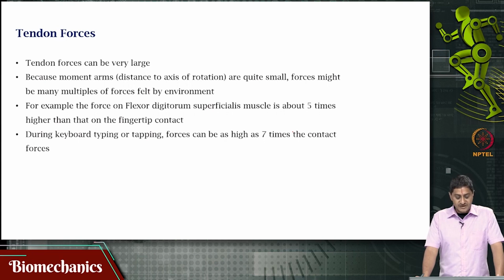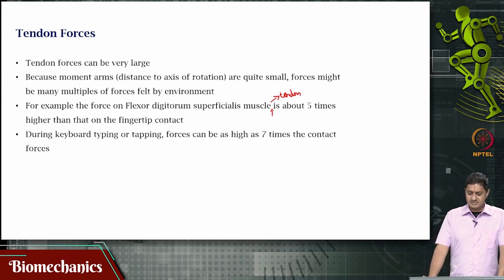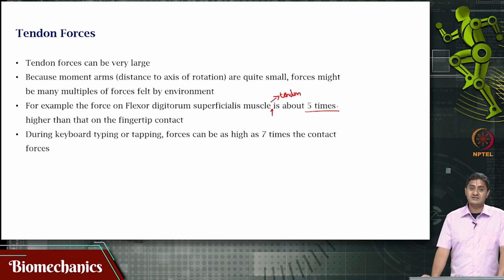environment itself. For example, the force on flexor digitorum superficialis, a muscle in the finger, the force that is felt by the flexor digitorum superficialis muscle tendon, specifically measured at the tendon, is about 5 times higher than the contact that the finger is making. So, fingertip force, if I am measuring, if it is 10 newtons, the tendon force is about 50